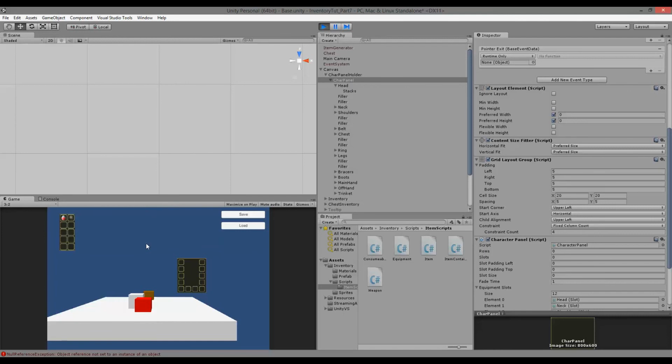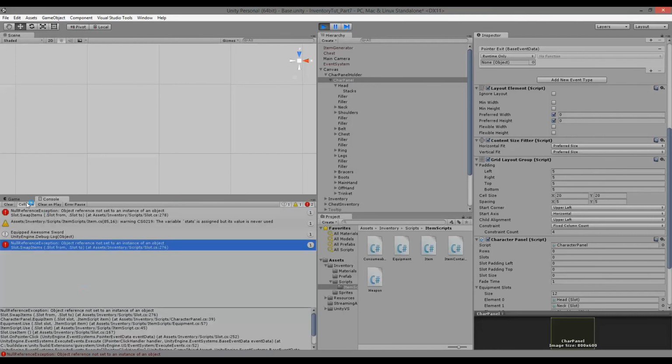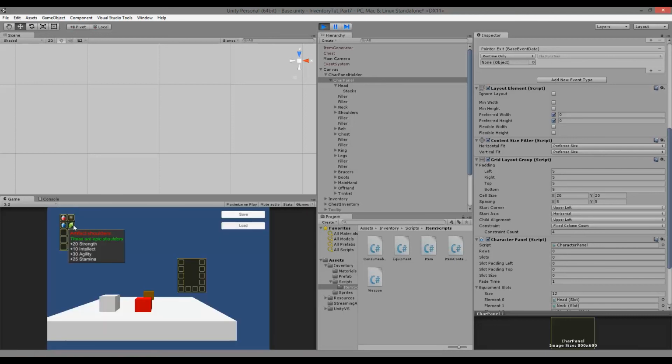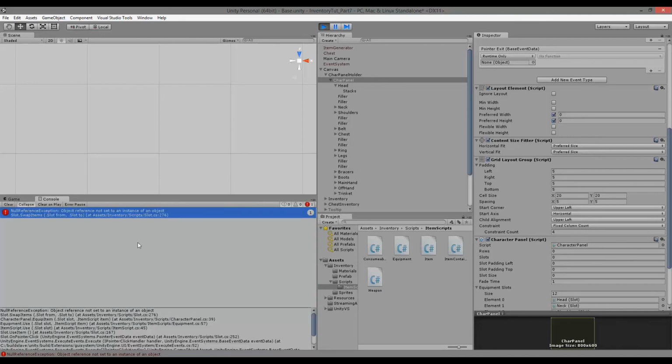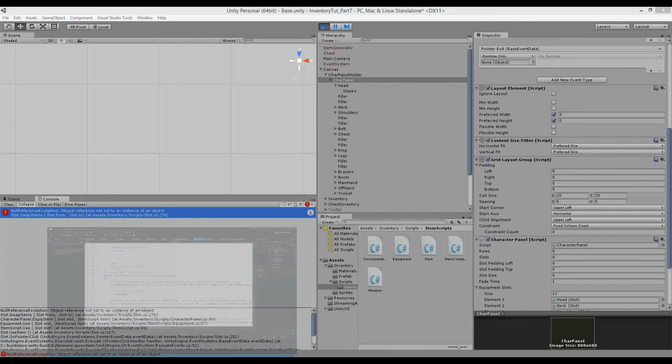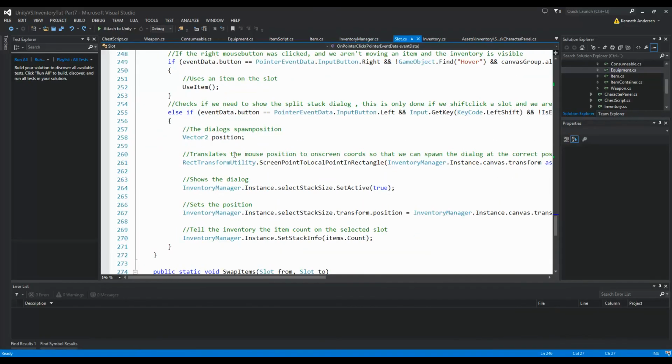Open up the inventory and pick up some things. Let's get an equipment. We have a shoulder piece here. Just clear the console to see what is happening. Right click and we get another exception. Let's see. This exception is in the inventory slot script, 276. So if we go into the slot script here and go to line